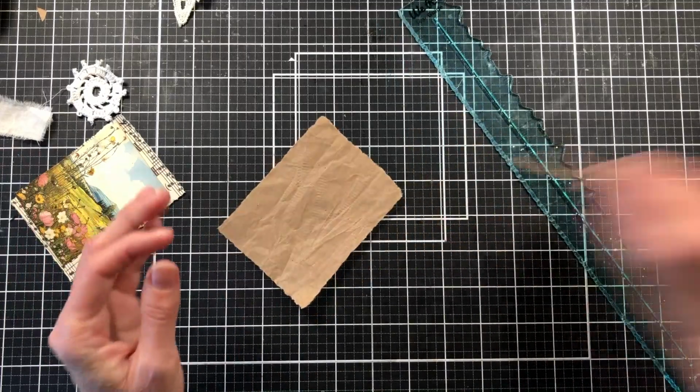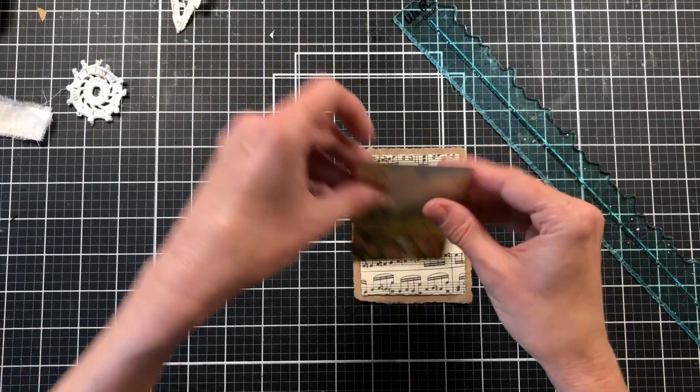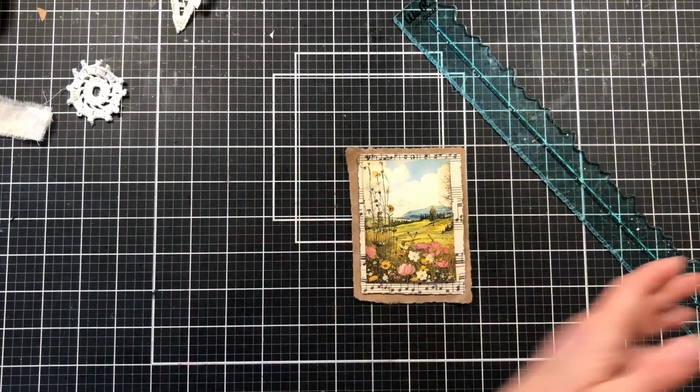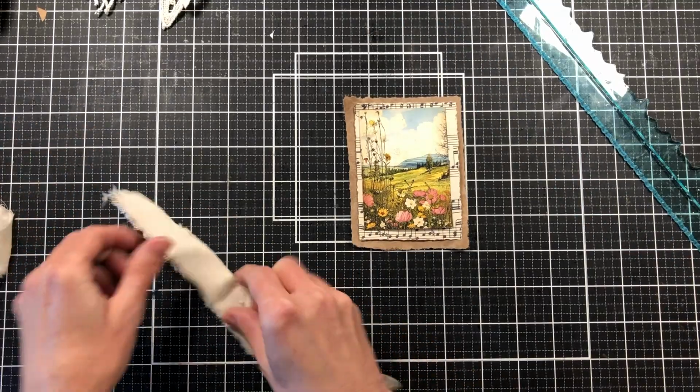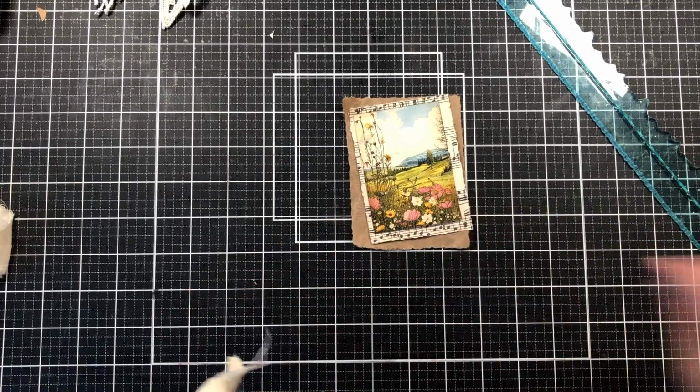So the brown paper wasn't as important, so I just saved this one bit, and I know that when I run out, when I see that I'm getting low, I'll just save some from another packaging. So for this cluster, I'm just going to be adding some,